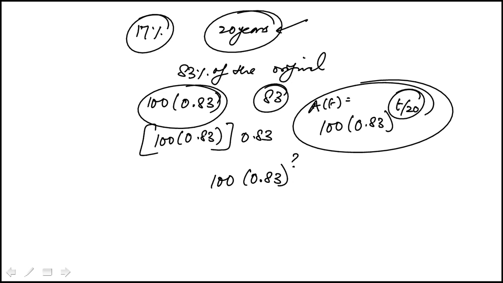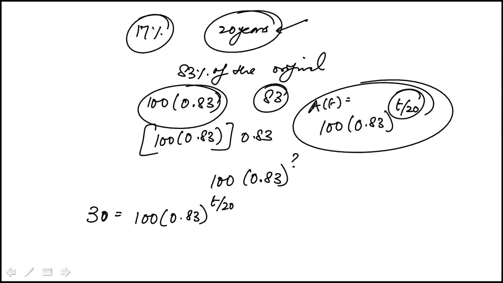What they're now asking is, according to this model, 30 grams of the substance will remain after approximately how many years? So what they're saying is this is equal to 30 after what value of t? So we can compute this. If I divide both sides by 30, or you can plug in a value as well. Either way,